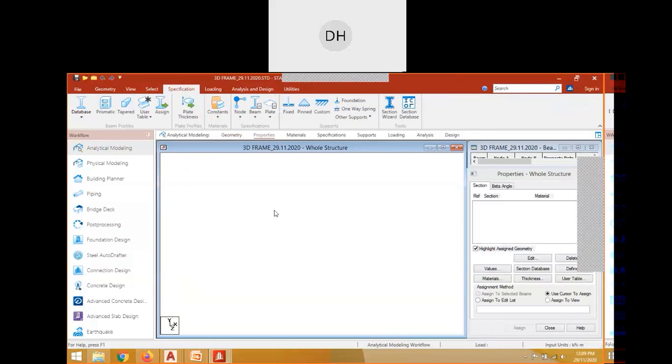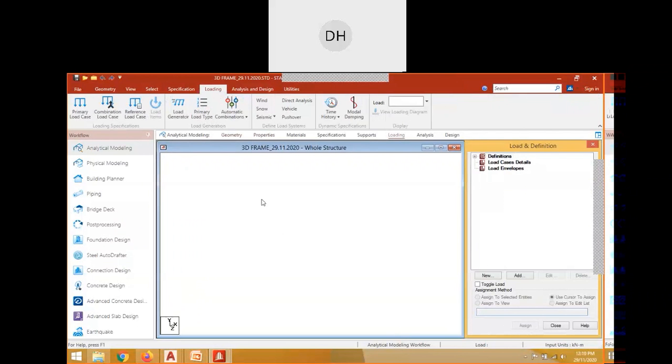Then there is the next tab, which is your specification. Now, this is very, very important, where you have got different specifications, like specification for the properties, which types of beams, columns, sizing you are going to use in the structure. Then your support specification is there. Then supposing if you want to release some beam, then release specification is also there. So all the specifications are in the specification tab. Then